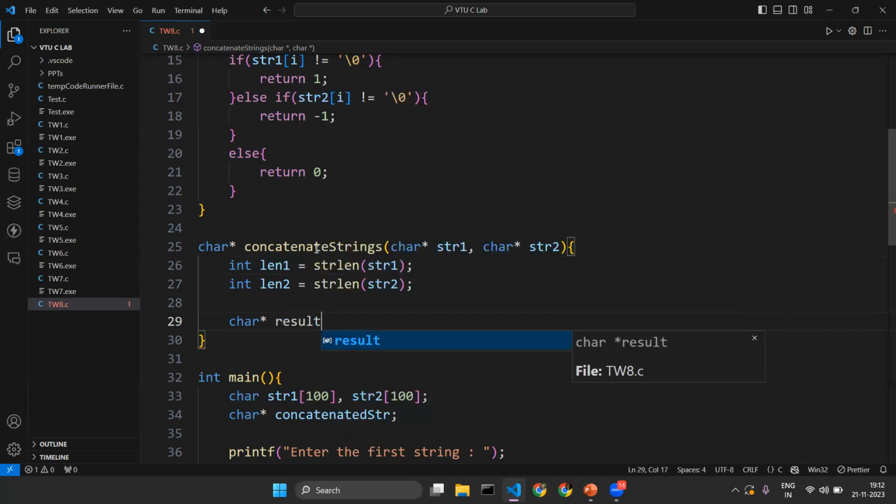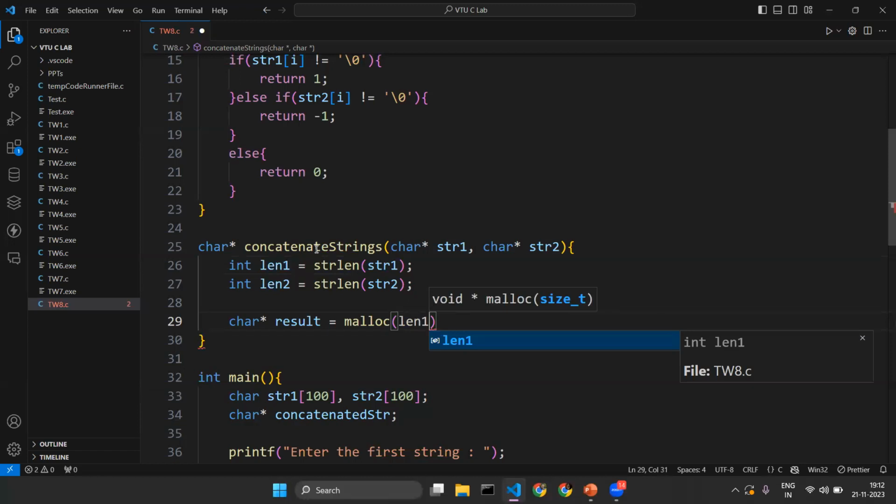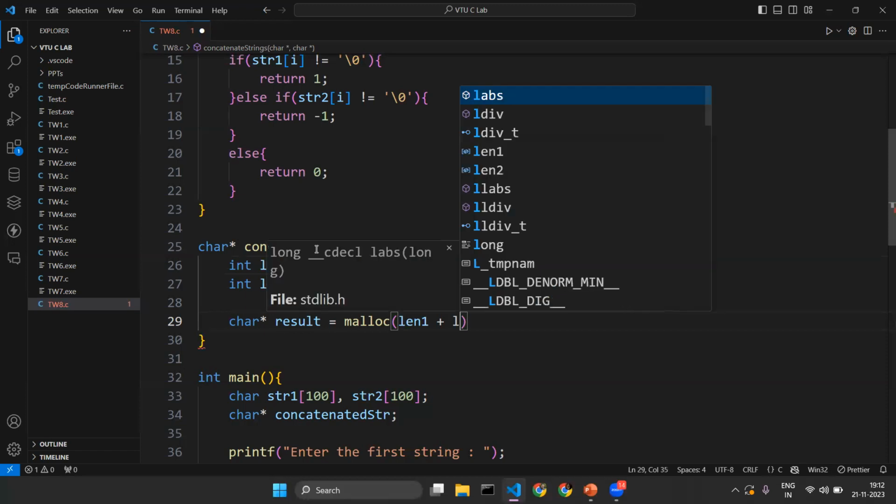Char star result equal to malloc. Dynamic memory allocation in C is done using malloc, calloc, and realloc. Malloc is used for allocating for the first time, realloc is to expand the size, and calloc for other purposes. So we will be using malloc here to allocate the space of len1, the length of the first string,